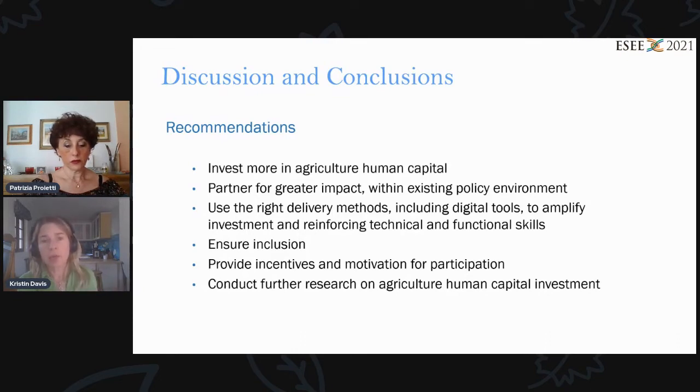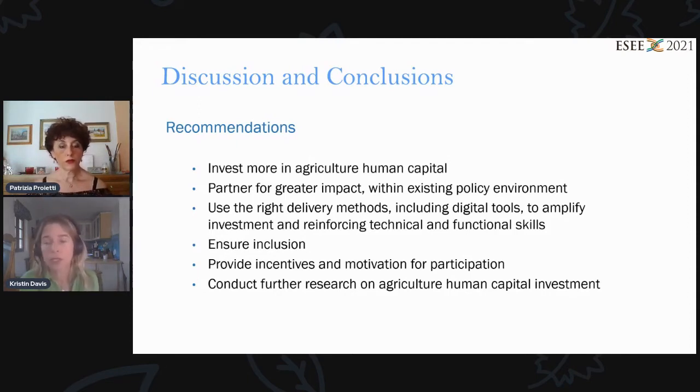As I said at the beginning, we really need agricultural human capital, especially by producers who make up a lot of the people that are developing the food and getting it to market and value adding and so forth. We need it more than ever to produce food sustainably for the future. What this study has done is to increase the knowledge base on human capital development, bring in some empirical evidence, and then also guide the future research.